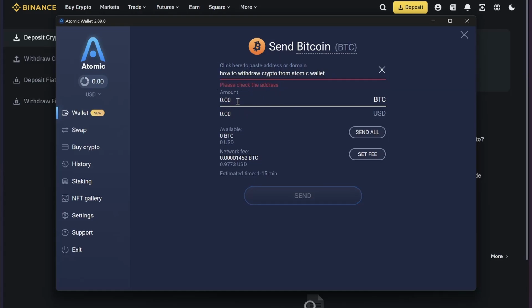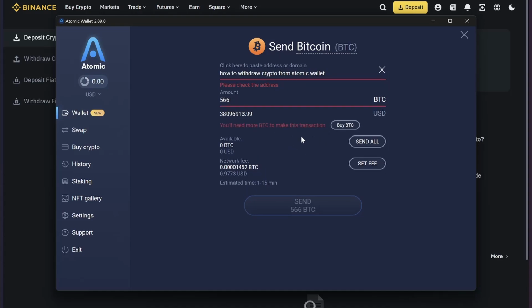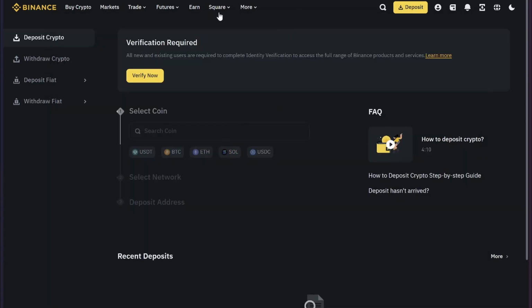here and then enter the amount which you want to transfer, and then simply click on this send Bitcoins. This will display the Bitcoins you are sending or the cryptocurrency you are sending. So simply click on that and then this will transfer your Bitcoins from Atomic Wallet to Binance or any other exchange